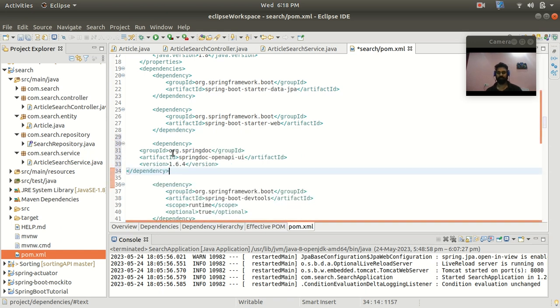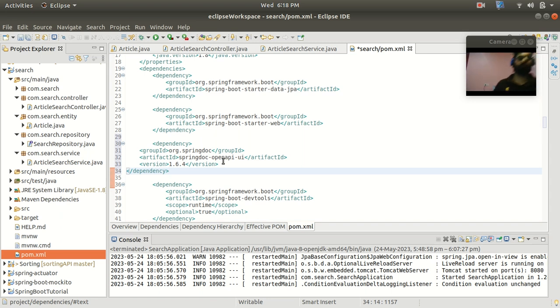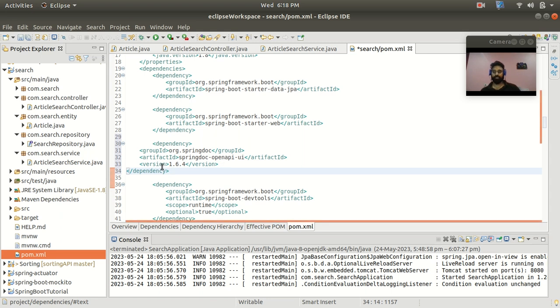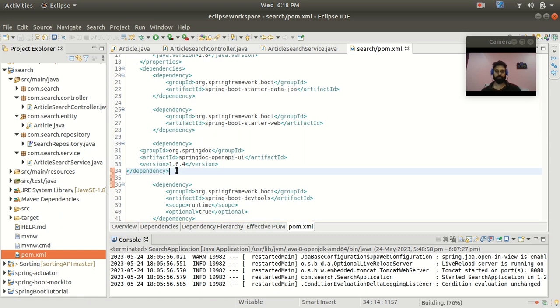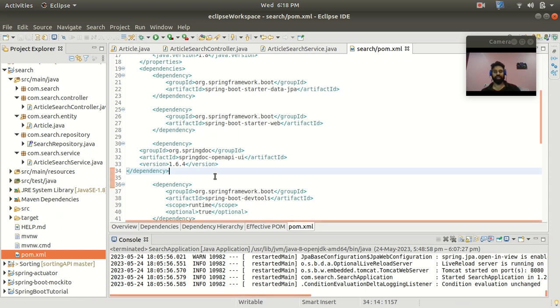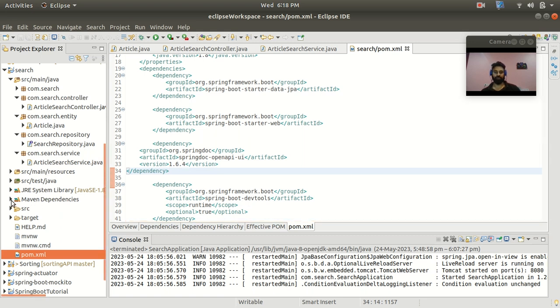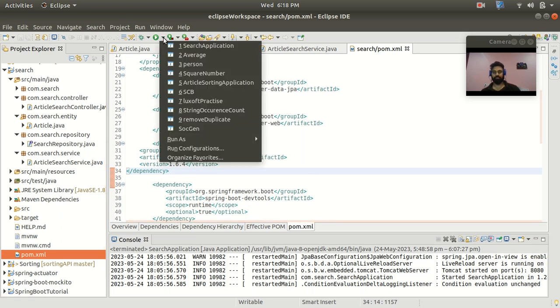So this is the dependency, basically group id org.springdoc and artifact id as springdoc-openapi-ui, right? And for the version number I'm using 1.6.4. So let me save this. So you can see that it is building, and it will download the jar related to this open API, and it will keep this in the Maven dependency folder. Okay, so let me start this application,